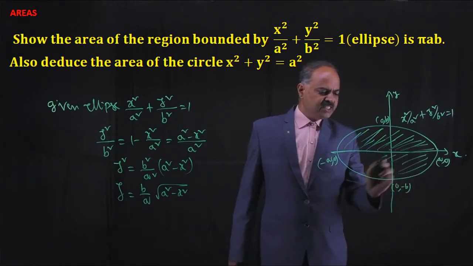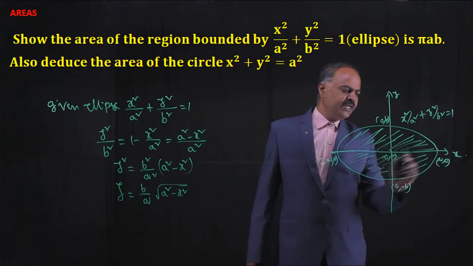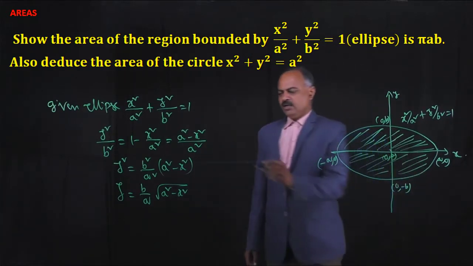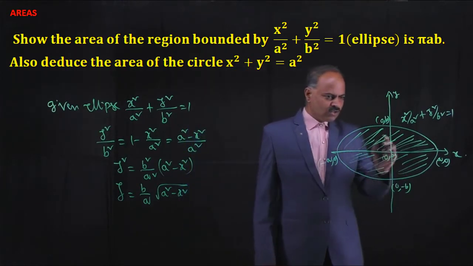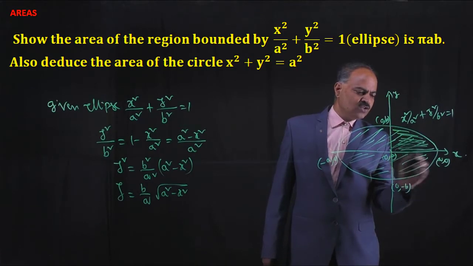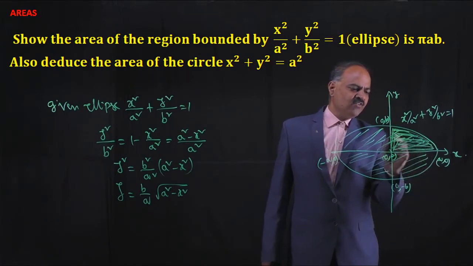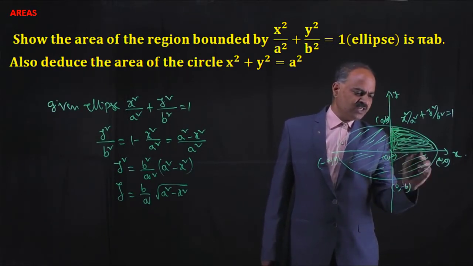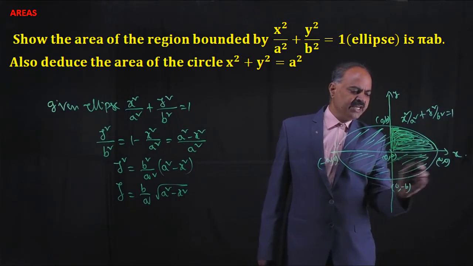Required area is equal to 4 into integral 0 to a, b by a into square root of a square minus x square dx. Since the curve is symmetric about both the axes, the required area is 4 times the area of the ellipse in the first quadrant. Find the area of the ellipse in the first quadrant and multiply by 4, we get the total area of the ellipse,